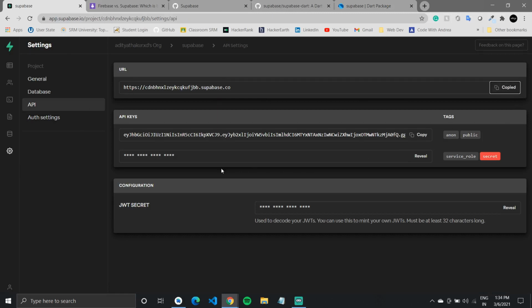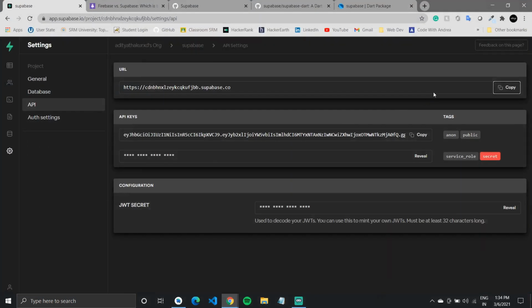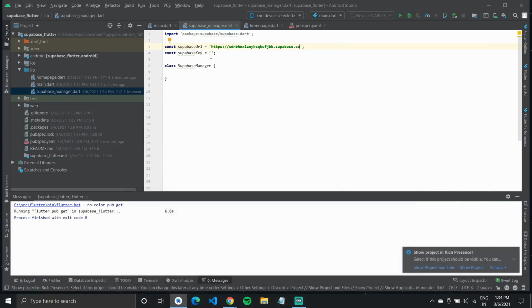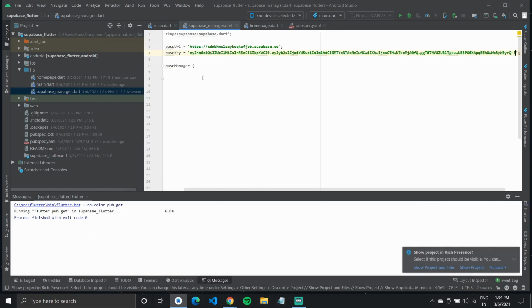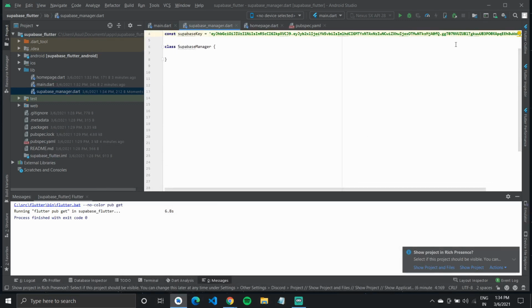I'll get my URL and I'll get the key. Okay, so I have pasted my URL. You can go ahead and paste the URL and key in the variables.